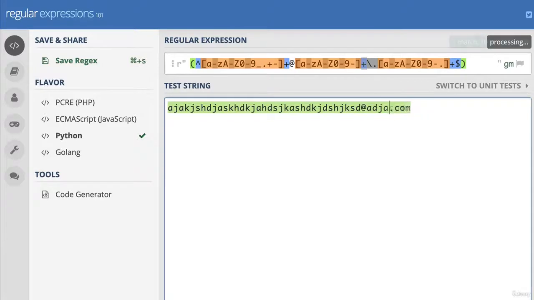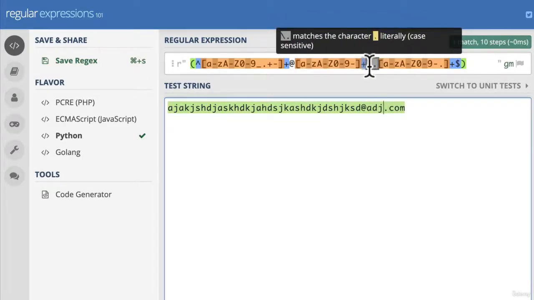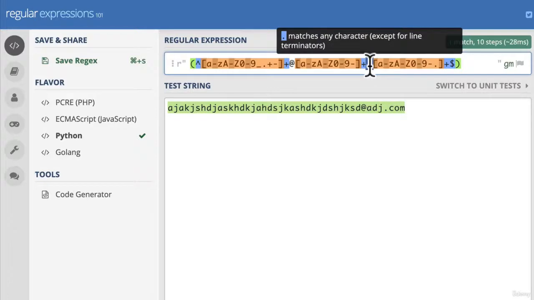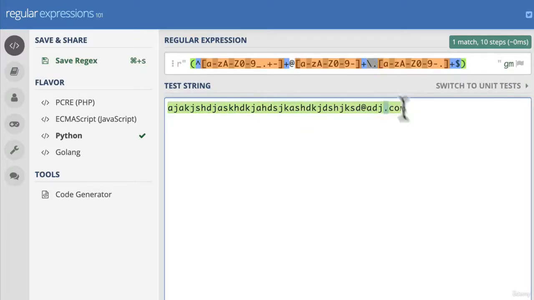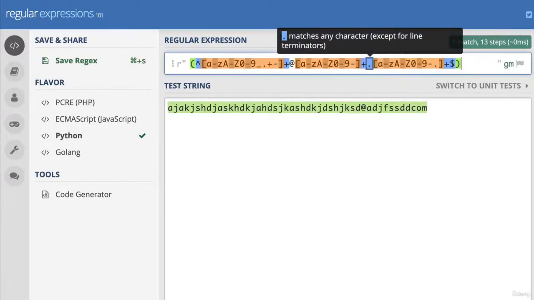Perfect. Next, we have a special one. Matches the character dot, literally. Because dot in regex, if I remove it, actually means something, it matches any character, 1. We want to make sure that the dot is exactly what we're looking for. There needs to be a dot for, let's say, .com or .ca or .net or .org. If instead I didn't have this slash, this could be any character. This is still a matching string without a dot. So again, special character